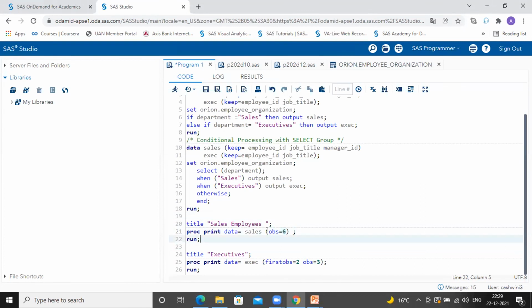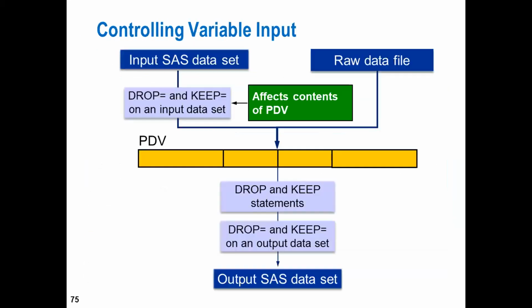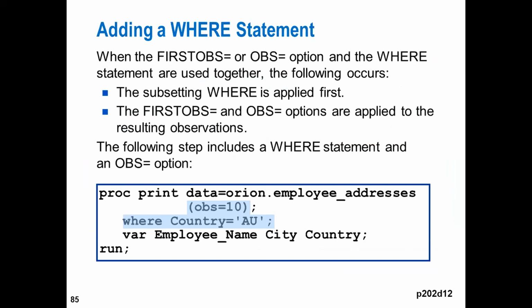No, the answer is no, because it is the stop value, the last observation at which it should stop processing. When we give first OBS equal to and OBS equal to, you are giving the range of observations for when it should start processing and when it should stop processing.